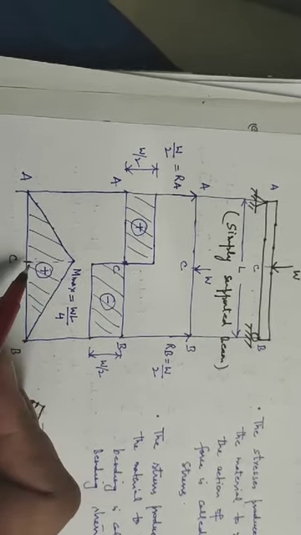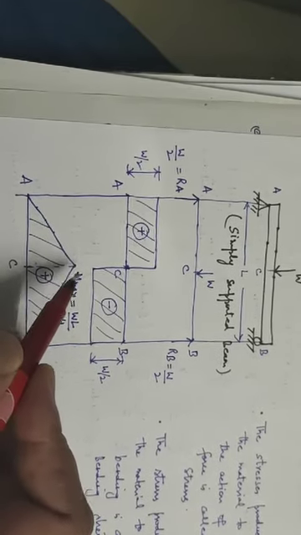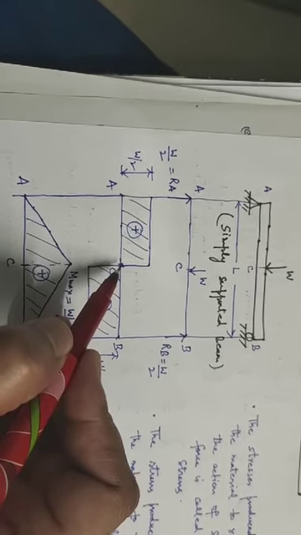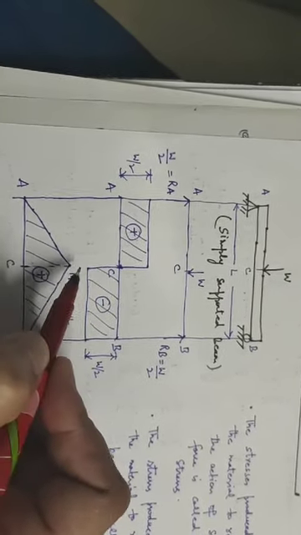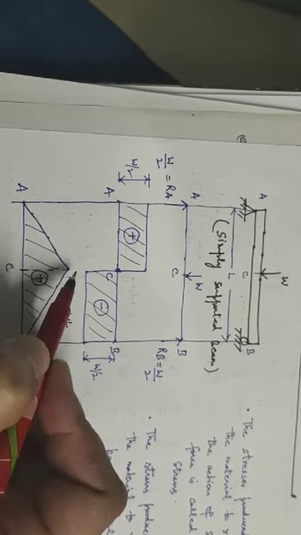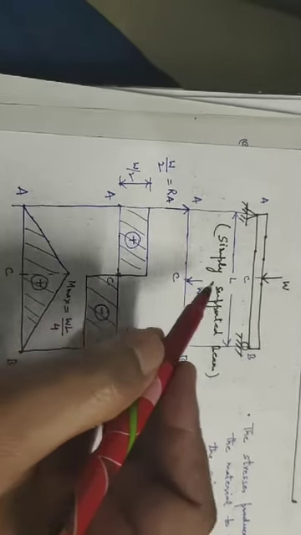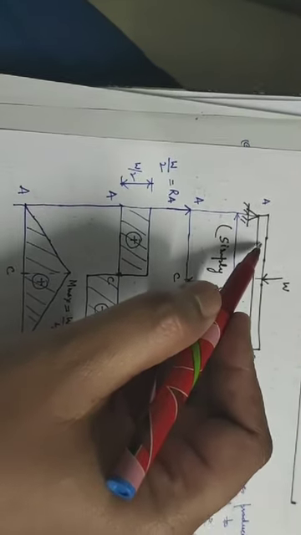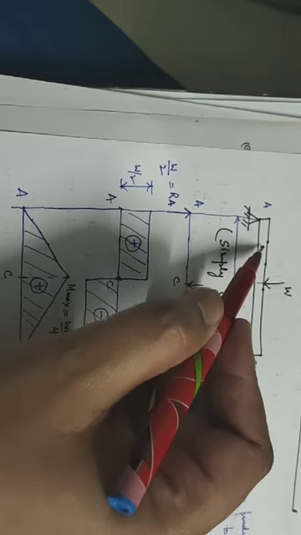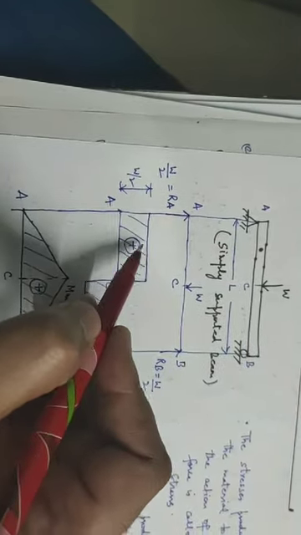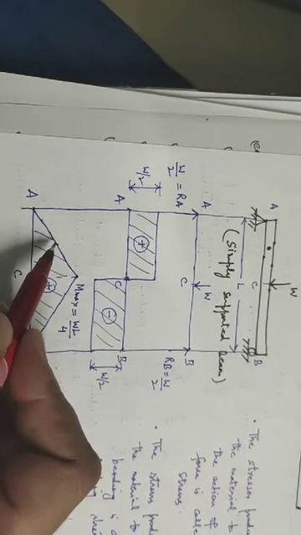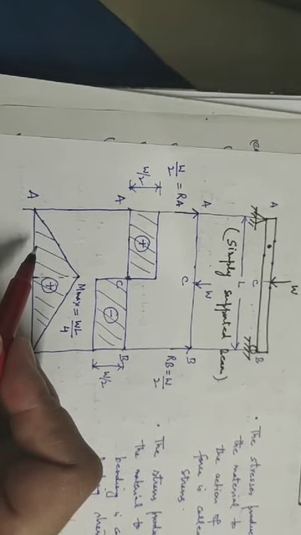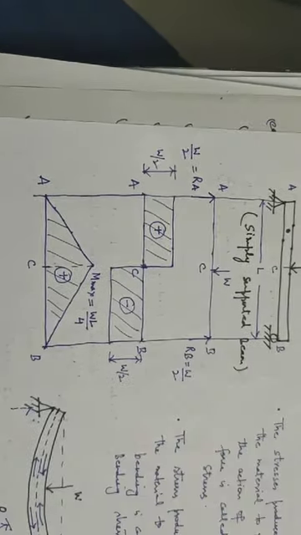So at the center point, this is the bending moment, bending stress, whereas at point C the shear stress will be 0 because shear force is 0. So we will say at point C there will be only and only bending stresses, and the maximum stress at point C will only be bending stress. But if we take any other point, like this point, at this point we will have the shear force, shear stress, as well as the bending moment. Therefore we will have the bending stress. So all the calculation will be based on certain assumptions.